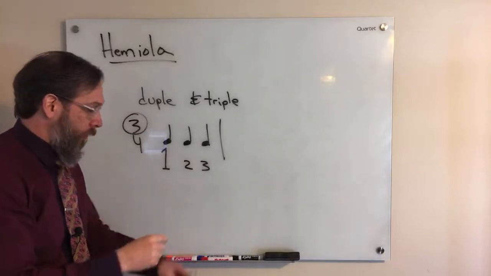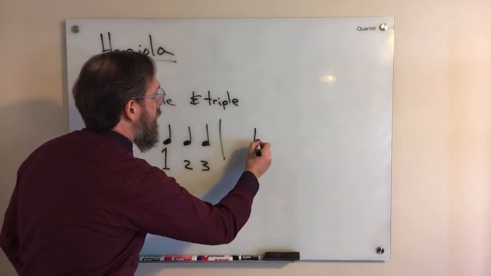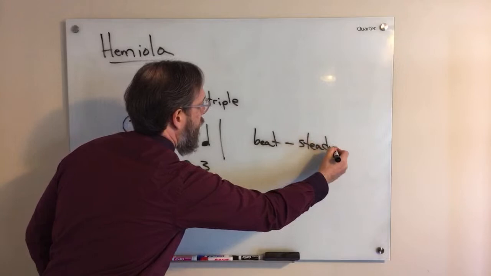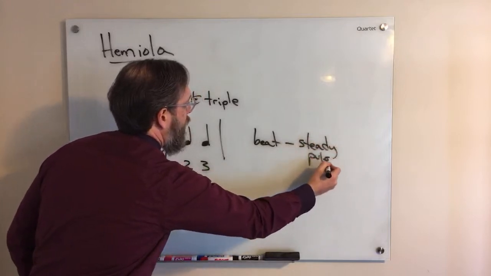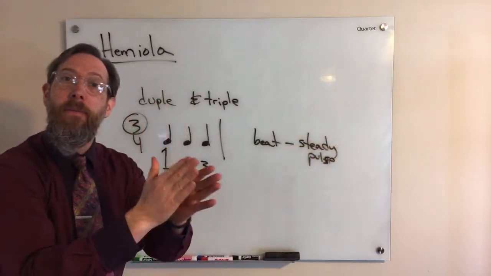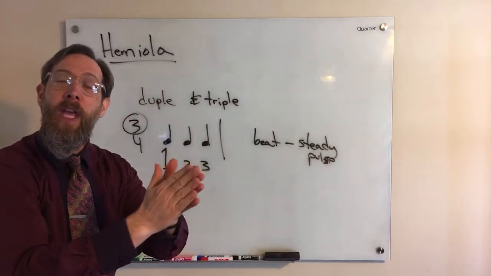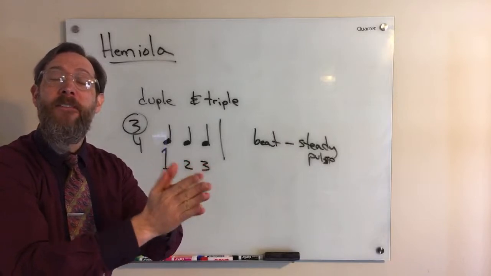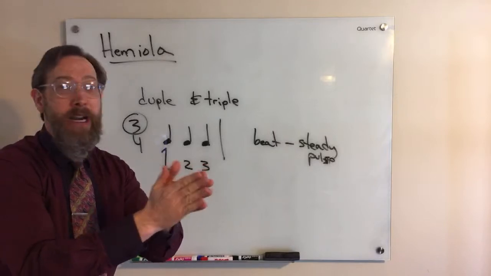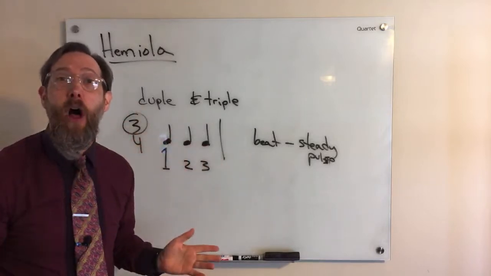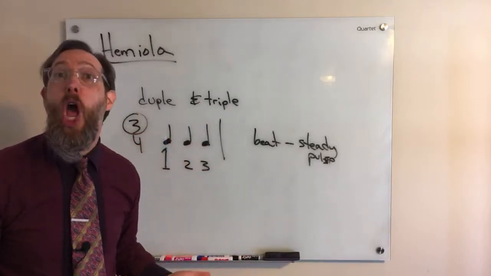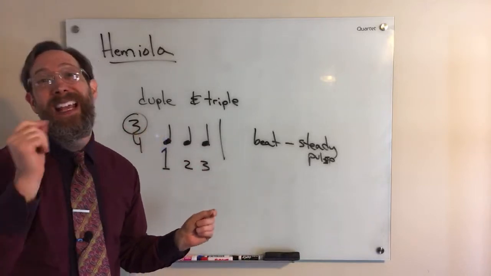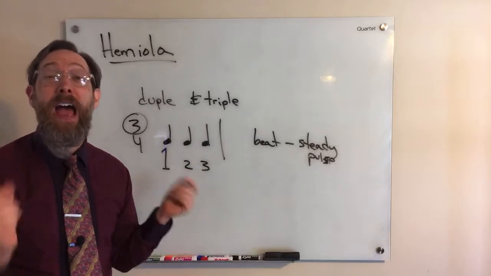So the beat is your kind of steady pulse. But if I were to just clap a steady pulse, can you tell if this is 3/4, 4/4, 5/4? I'm trying to clap at exactly the same volume for all of them. So there's no way you can know. The only way you can know what the meter is is if one of those beats is louder than the others. So if I were to go like this,